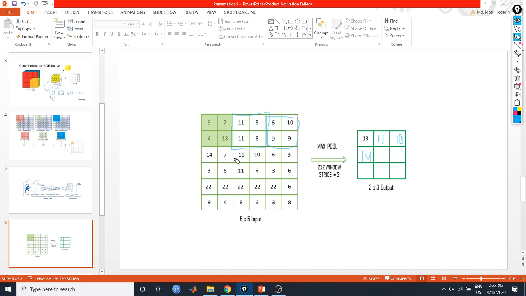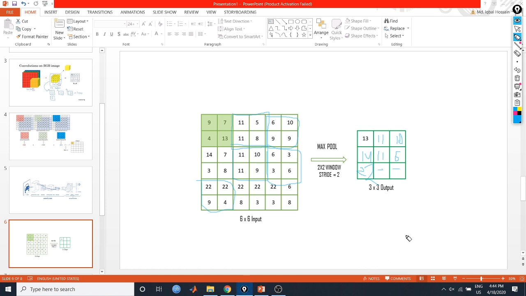And from this window, I will be having 11. And from here, I will be having 6. And from here, I will be having 22, and from here 22, 22.